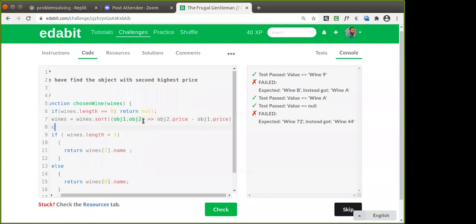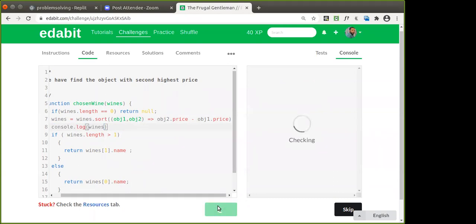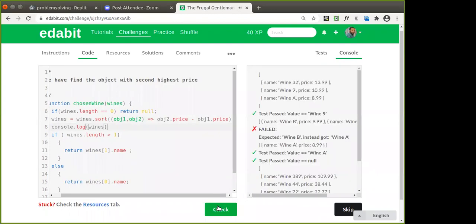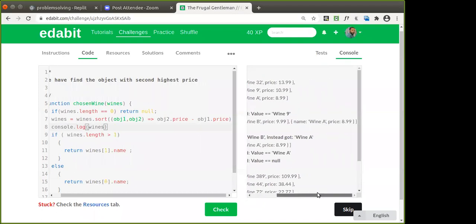Let's do the console.log here. Once they are sorted, so in this case it is wine A with this price.